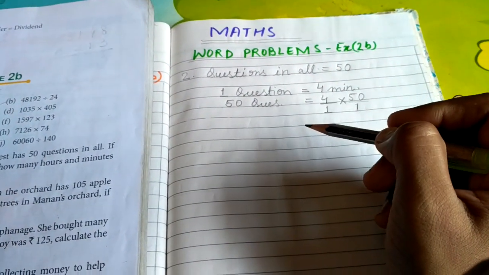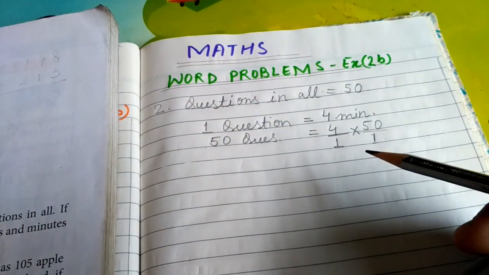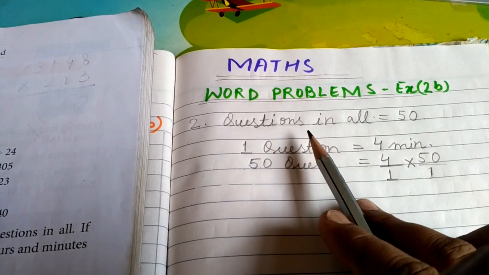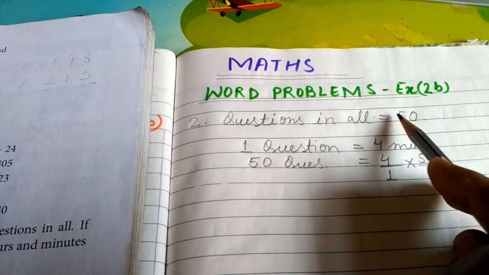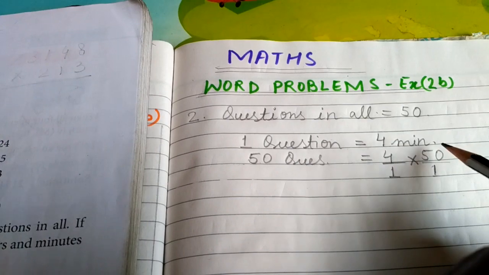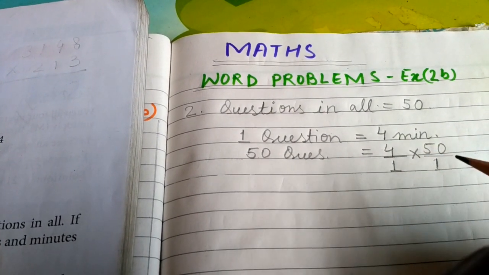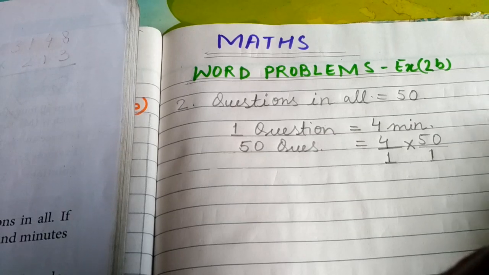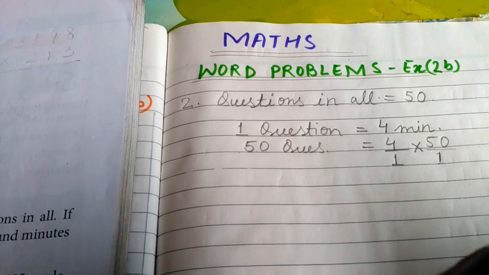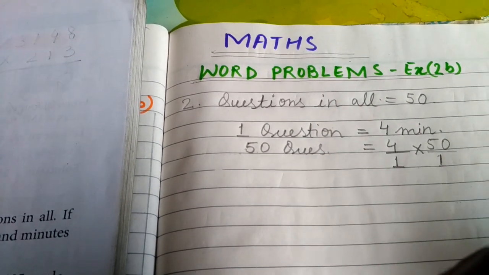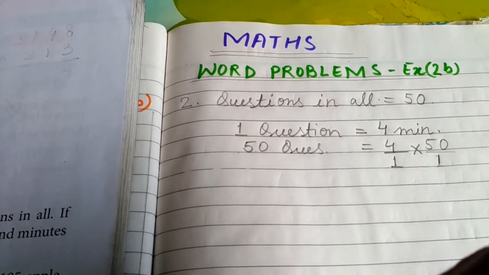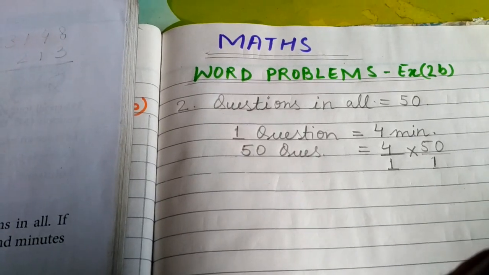Two things are known to us, and with the help of those two quantities we will find out the third thing. For example, here we have been given questions in all, 50, and for one question he needs 4 minutes. For example, to eat one mango we need 4 persons. To eat 2 mangoes, how many persons will we need? To eat one mango we need 4 persons, so if we have 2 mangoes, then 4 into 2, 8 people. So we have multiplied.